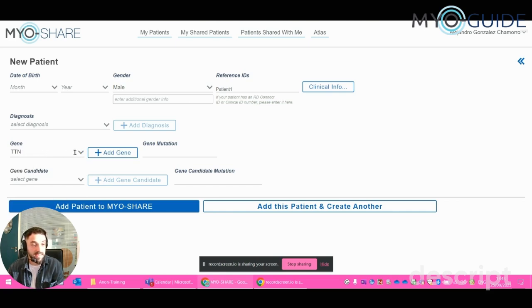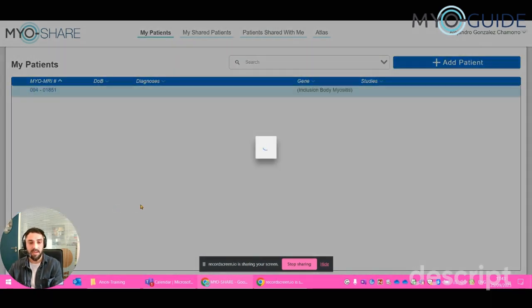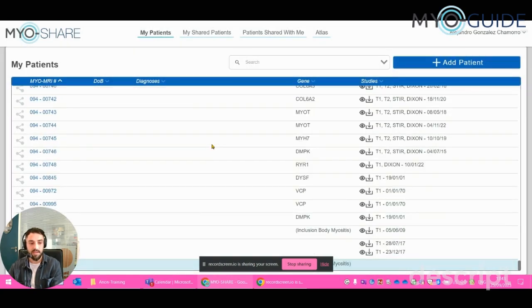There will be some diseases that you might struggle to find, and sometimes instead of an abbreviation, it will be listed with the whole name, like this one, inclusion body myositis. I just have to click on add patient to MyoShare now. It will automatically scroll down to the last patient that I have created, as you see.